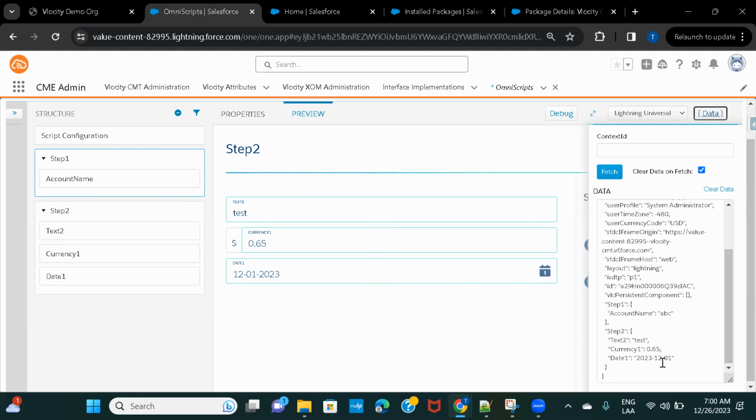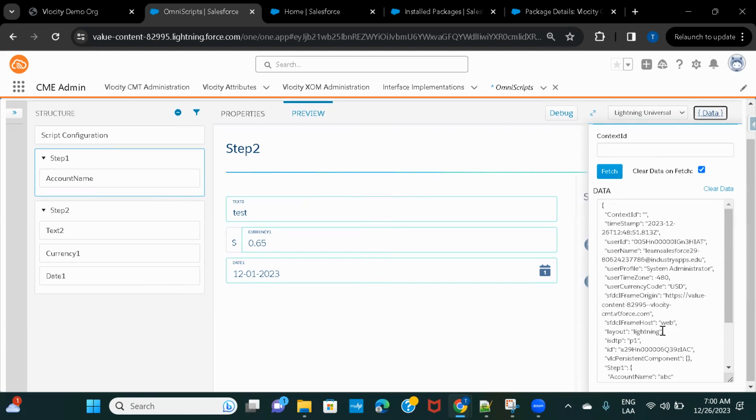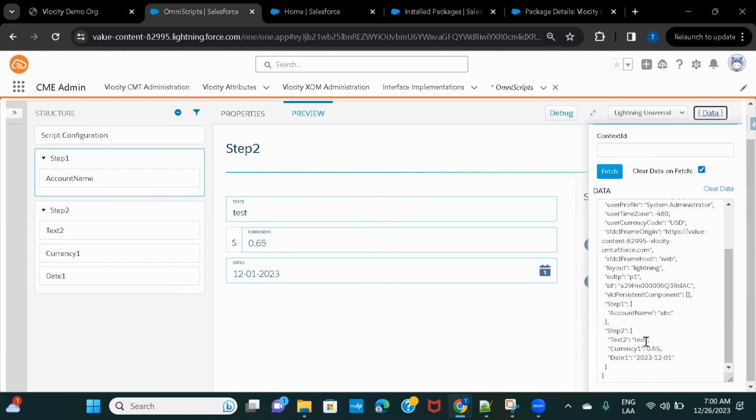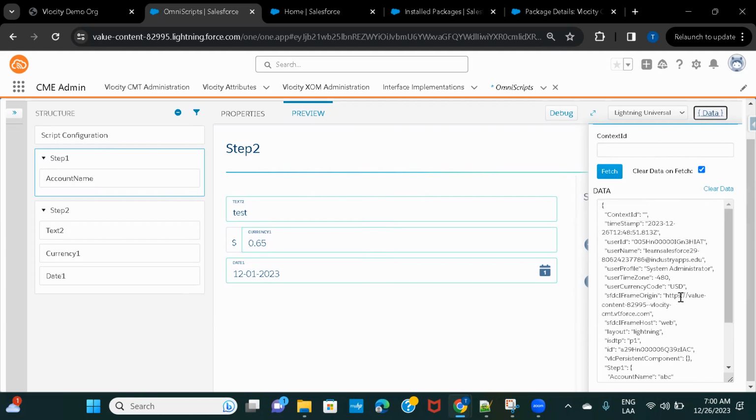And these are the values that we have given. Apart from this steps structure, there is a few other information over here, for example, context ID, timestamp, user ID, username, and user profile, all this basic information. We will learn about context ID, but right now the only thing that you have to keep